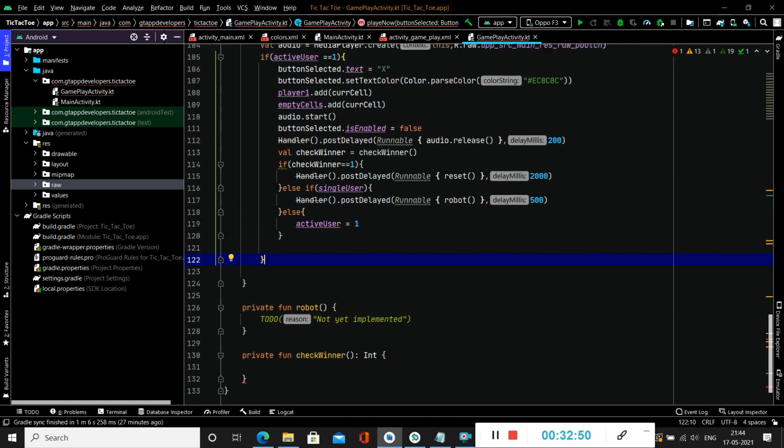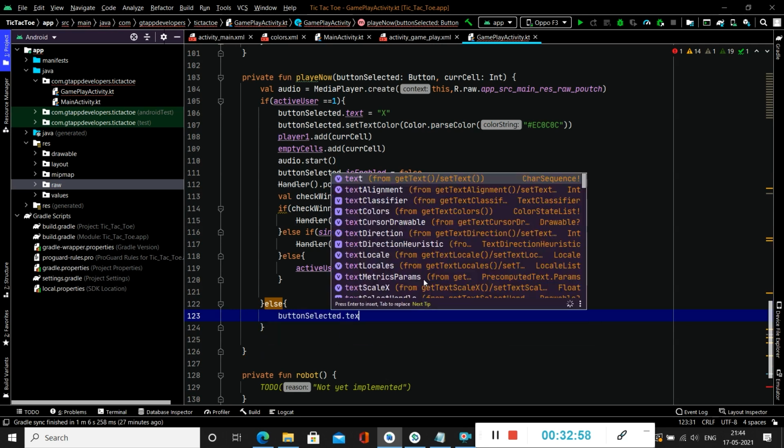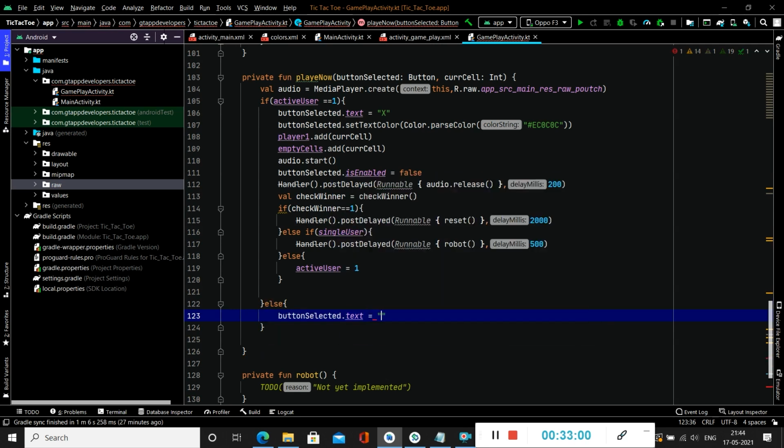Now here, after this, we will check the active user. If the active user is not 1, then we will add button selected dot text. This means the second user is playing, so we will add text O. Here also we will be starting our audio dot start.